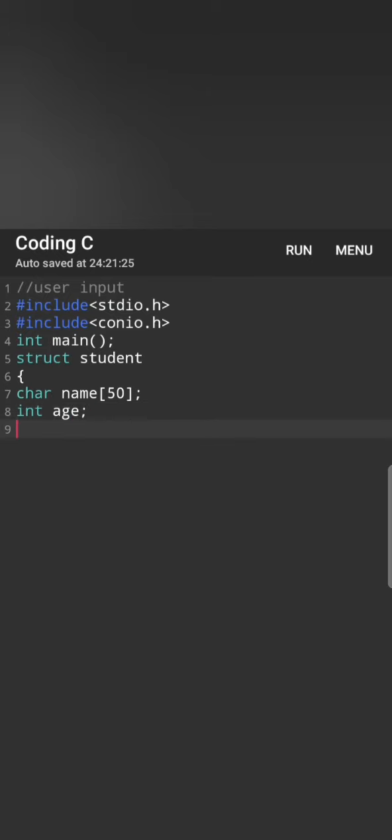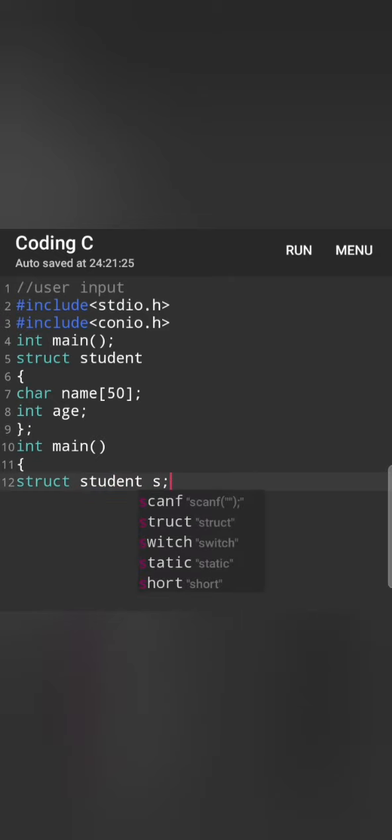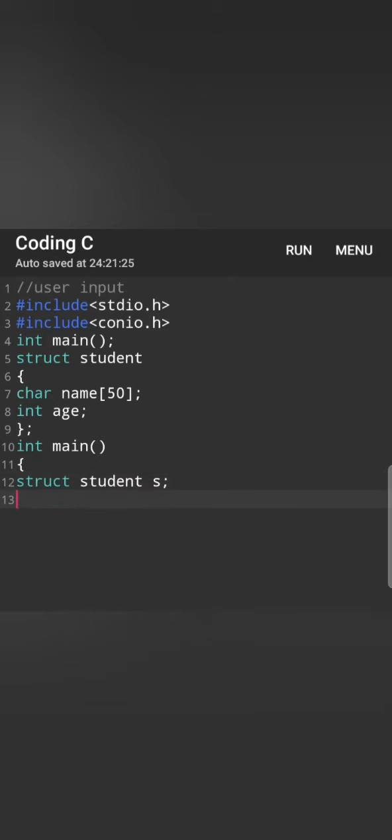To end this, we will use closing curly braces followed with a semicolon sign. Next, we will write int space main(), and then we will be making use of opening curly braces to start our actual program. Here I will write struct keyword, then I will write my variable name, which is student, which actually has all the parameters in it, and then I am declaring a local variable over here, which is s. This is used to access each and every member of my student variable.